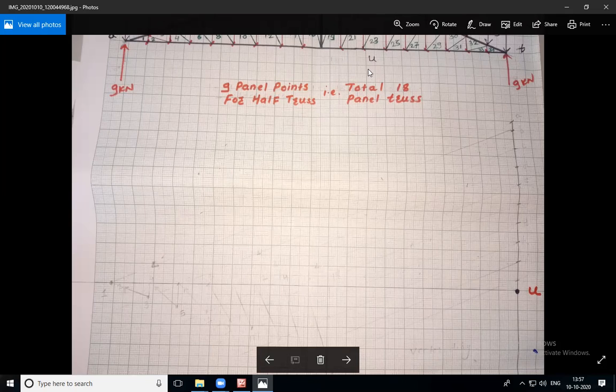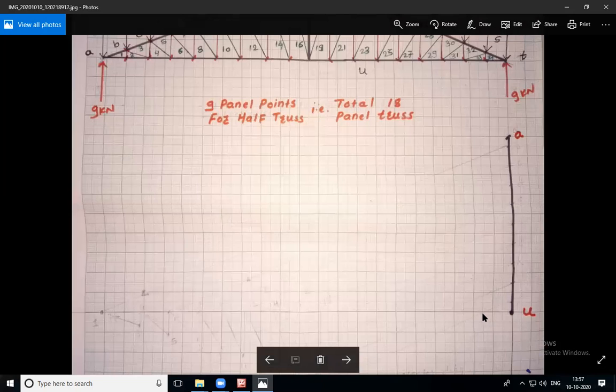Now if you start from U and consider a 9 centimeter line, where are you going to reach? You are going to reach up to A, isn't it? Because our intention is to reach up to A. So start from U, move in vertical direction up to 9 centimeter. What will you get? A point. After moving 9 centimeter distance, your figure will look somewhat like this. This is the U point. You have measured 9 centimeter distance, which equals 9 kilonewton as per the scale, and you will get the A point here.